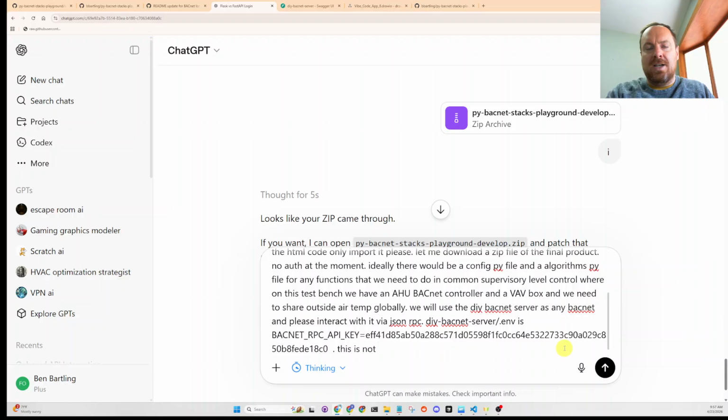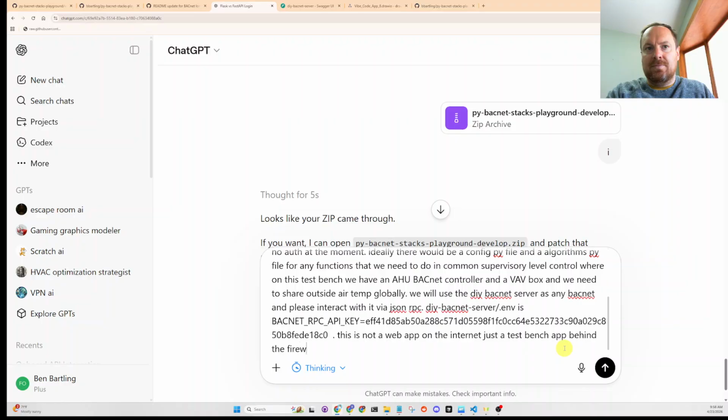This is not a web app on the internet, but just a test bench app behind the firewall. Sometimes if this was an internet-based app, the AI will be like, don't share that to me because it's a security issue, but we don't care. It's just like a piddly little app on a test bench behind a firewall, which is most likely all building